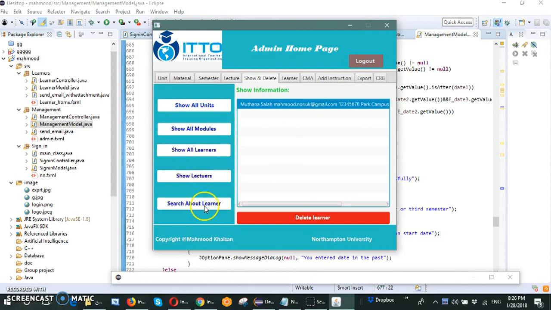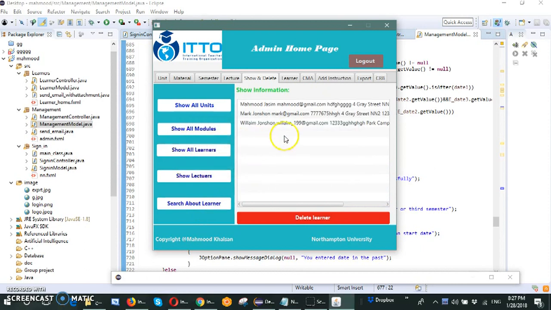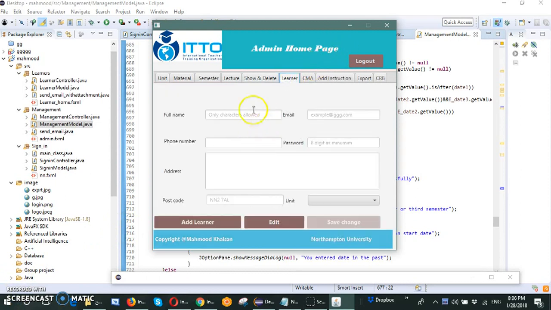By email, or by any character, so all the people who have J, for example here and here and here, all these people, as well as the application allows the admin to add new learners